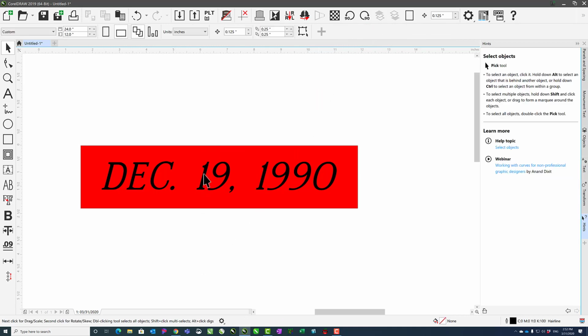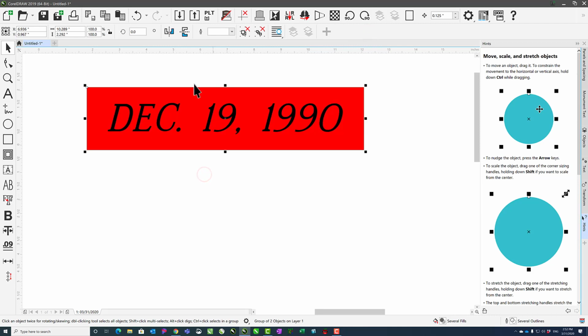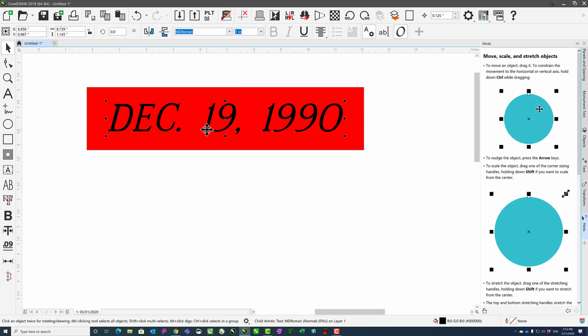If they were a group, when you go to select it, it's going to select it as a group. It selects the entire group. But if you wanted to get to just the text inside that group, you can hold Control and click, and it would then select only the text. Your handles become circles instead of rectangles or squares